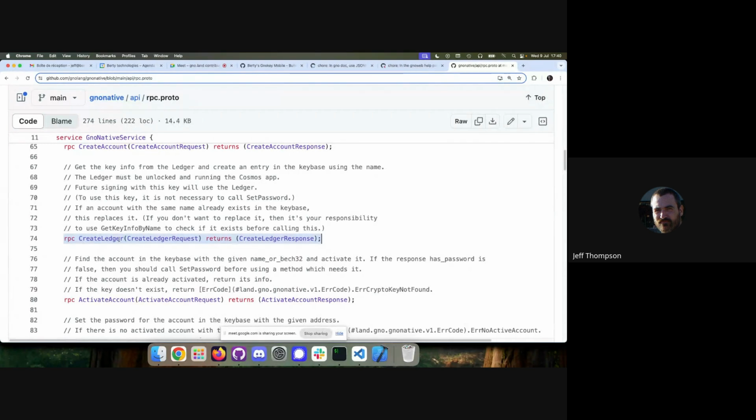Create ledger sounds fancy, but it really means ask the ledger for the address of the key that's already on the ledger and create a local reference to it. Of course, we're interested in mobile. So the question is,